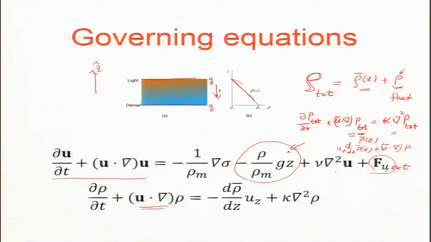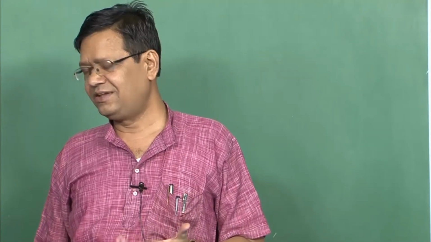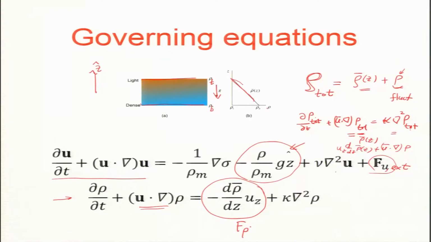And of course, rho bar z has no time dependence, so this is basically rho fluctuation, and this is also rho fluctuation. So, this is the equation for rho fluctuation. For the rho fluctuation we have a source, there is a force term f of rho. In difference to the passive scalar, which had rho fluctuation everywhere but f of rho only at large scale, now, what about this force? Will it be active at large scale or every scale?